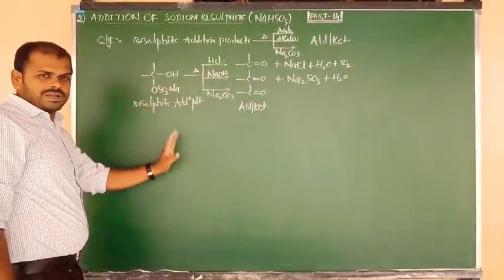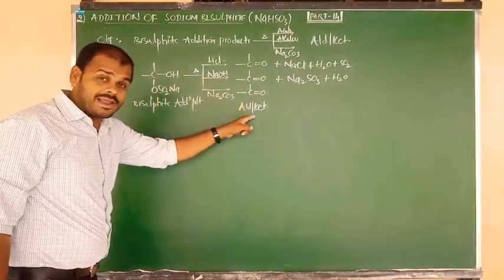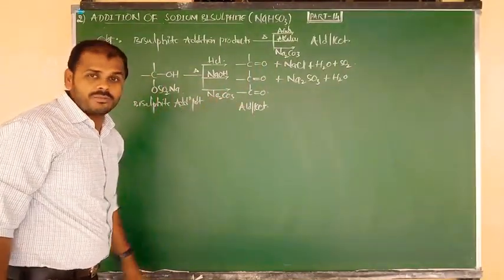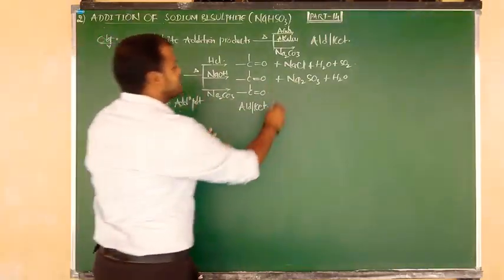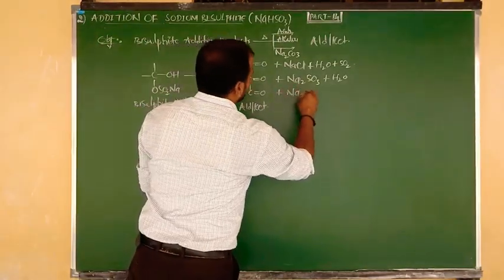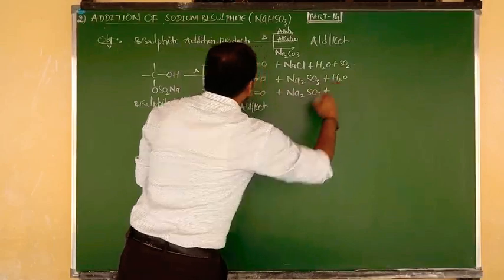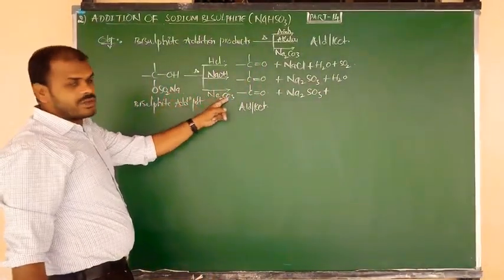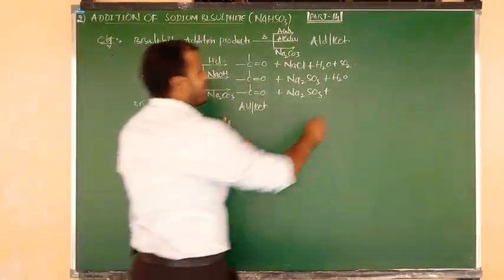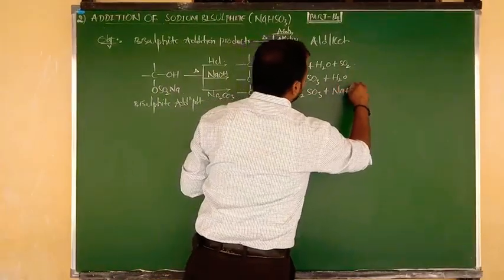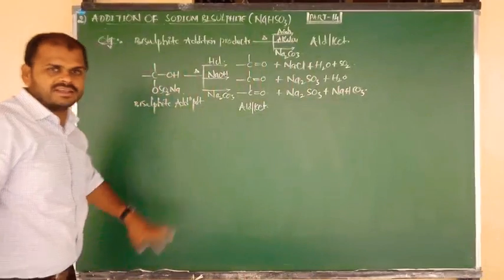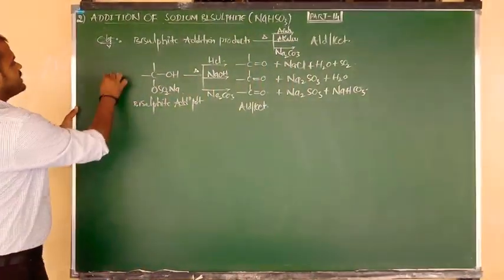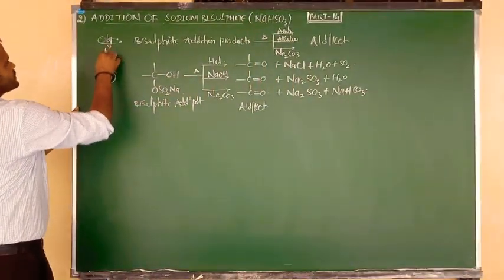Again, bisulfide addition products can be converted back into aldehyde and ketone upon heating with sodium carbonate. But here there are 2 sodiums and here 1 sodium. So Na2 changes into Na2SO3 as above. One more Na is there and here CO3 is there. H has to be taken from here, so that is eliminated in the form of NaHCO3, which is sodium bicarbonate. Everything will be balanced.